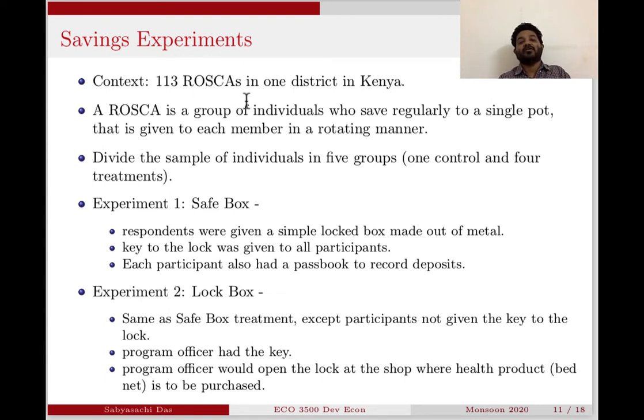These are called Roscas. Roscas are rotating savings and credit associations. So these are basically groups of individuals who meet regularly. These are like self-help groups. They meet regularly, and regularly they contribute money in a pot, which gets rotated around. So every month or so, the entire pot will be made available to one member of this group. The group would be, let's say, 10 to 12 members, and there are many such groups. So each group is a Rosca. So there are 113 Roscas in this district that they contact,